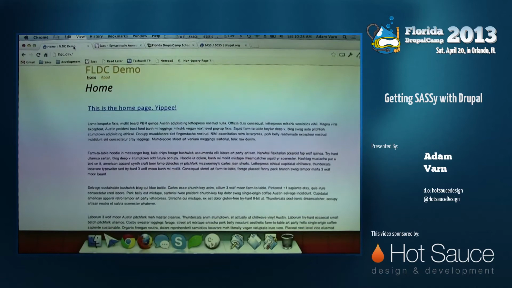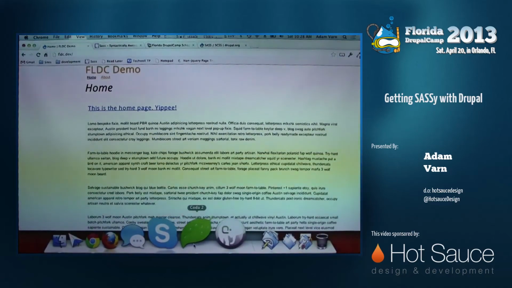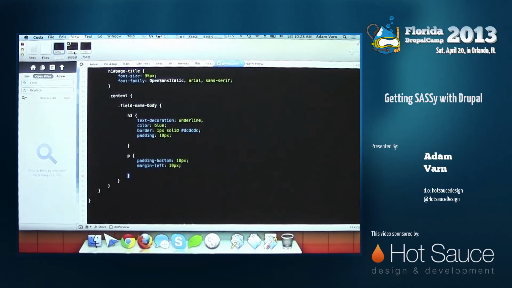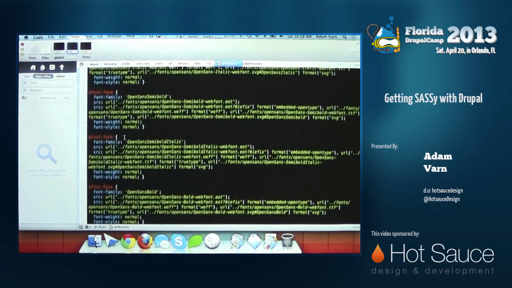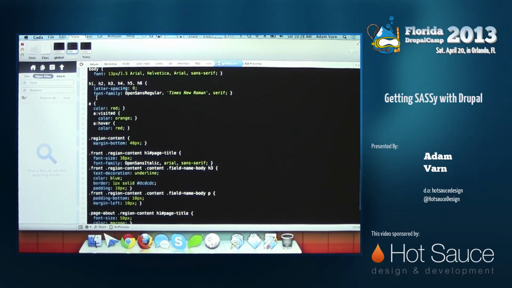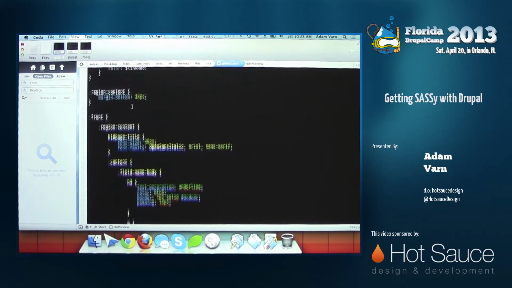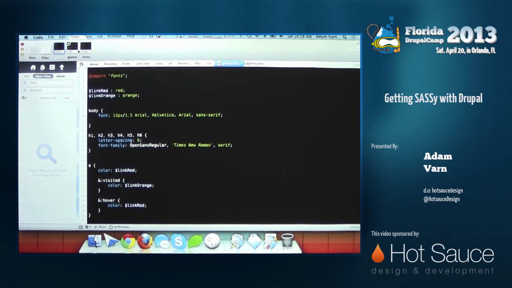And honestly, I can live with going in there and hunting down something in the CSS file, because the other thing that Sass can do, and my editor was not doing this, is actually input comment tags in terms of what line it corresponds to in the Sass file. So it would put, like, let's see, this A tag is line 20, so it would say,